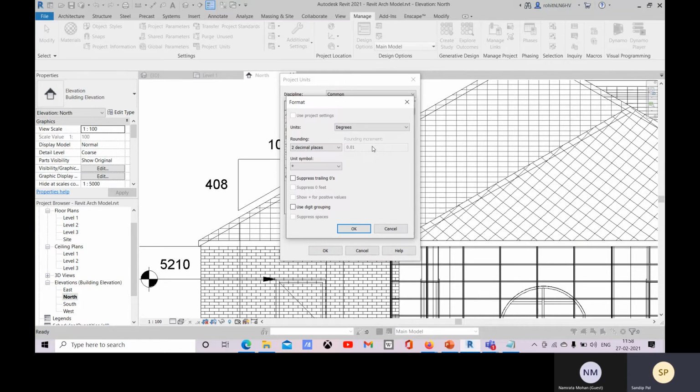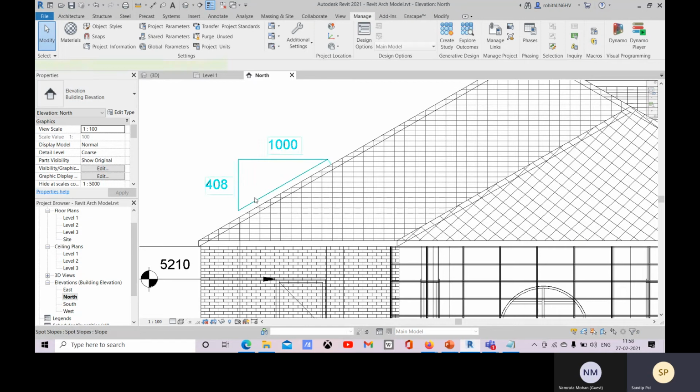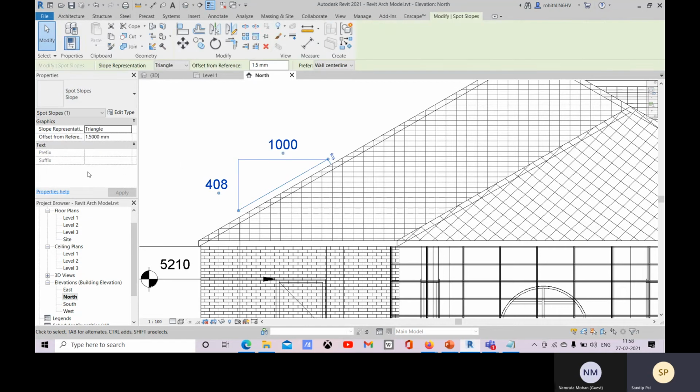So there you can mention, okay, like want to have it this way. Click on OK. Okay, and for this also you have to change it, this spot slope.